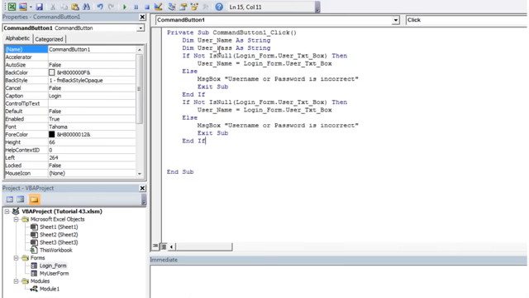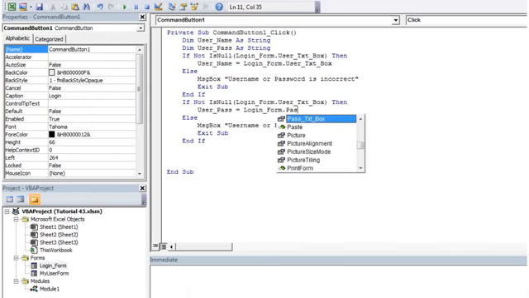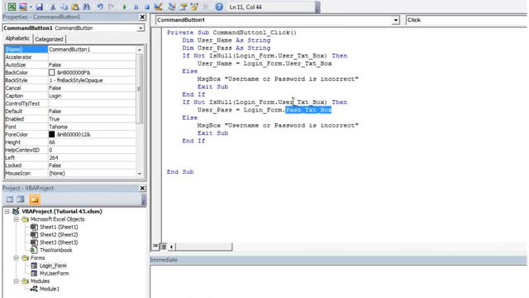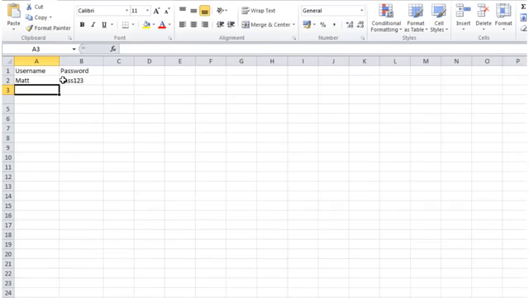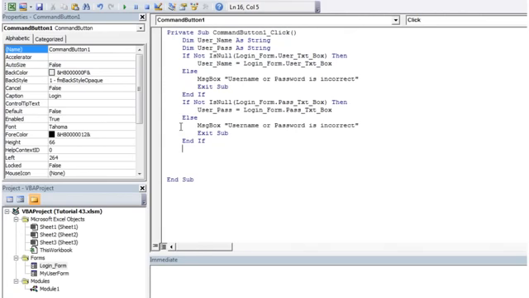And then similarly, we want to do exactly the same, but with user pass, and we want to set it to pass text box. And then let's just put that in there. So that's going to test if the password's filled in or not. And if it is, then it's going to set user pass equals to it. If it's not, then it's going to exit the sub and not run anything. So down here, they should have a username and password. So what we want to do is just go through our list on here and just test whether or not